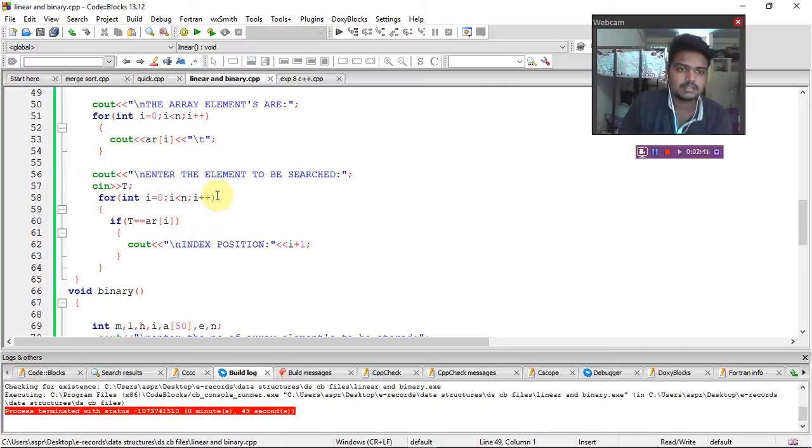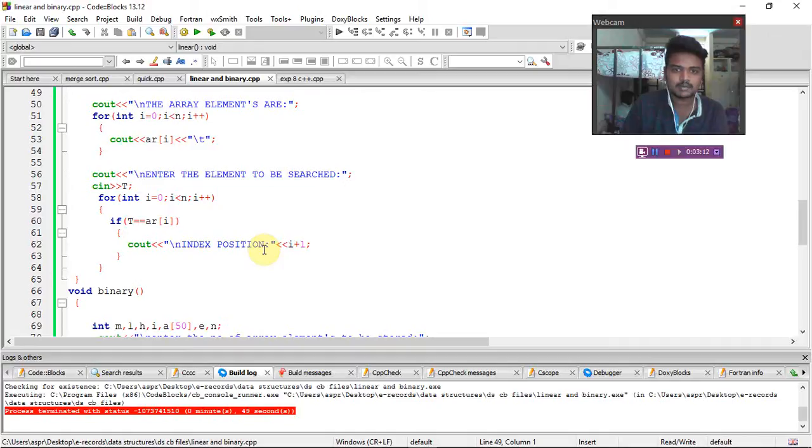Here we are going to search a particular number within the set of numbers already present in the array. Consider t as the number which we want to search in the group of numbers. Here if t is equal to the array element, then in the output we get a statement saying the number is found